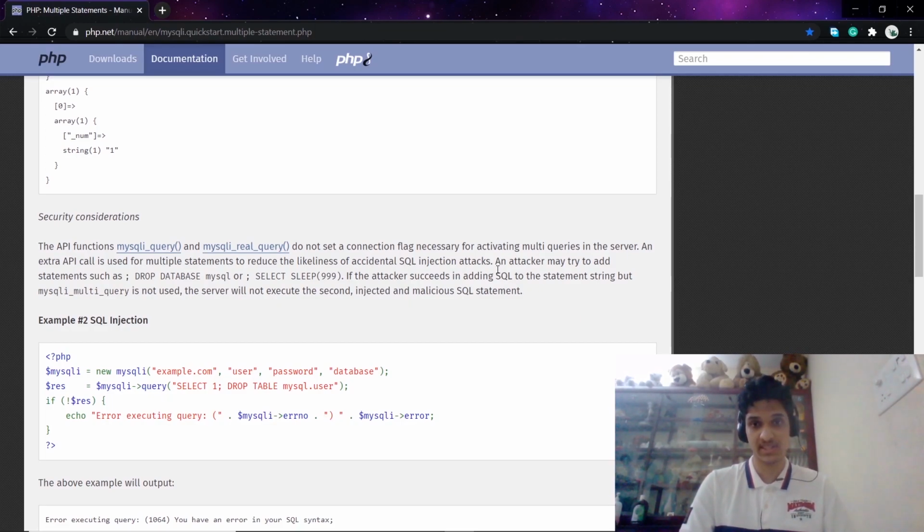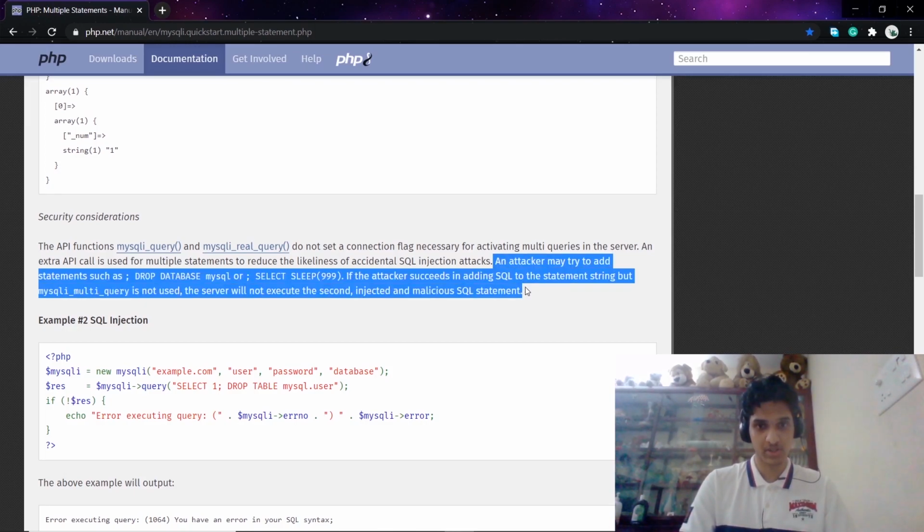They have also mentioned that an attacker may try to add statements such as semicolon drop database MySQL or semicolon select sleep of 999, which could render the entire thing unresponsive.